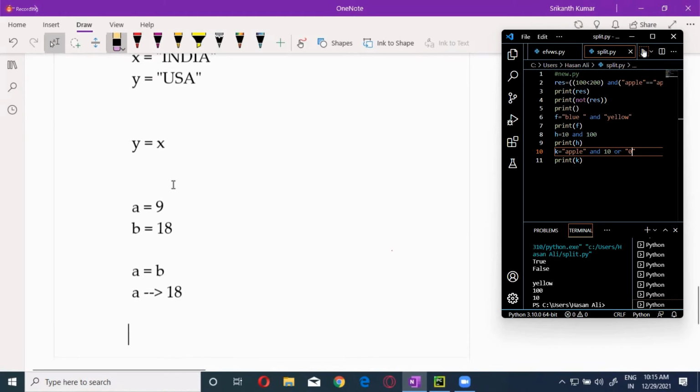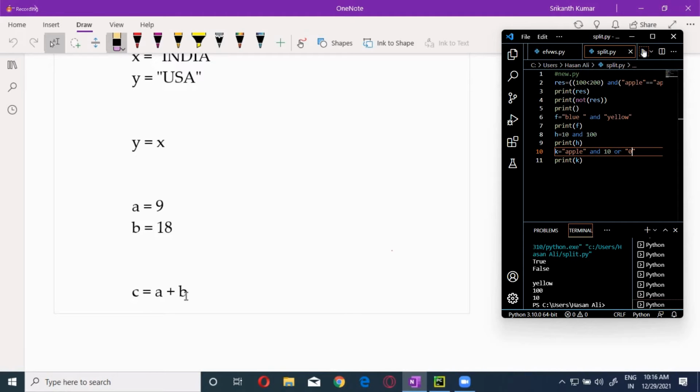Now if I say C is equals to A, with A's value being 9, what is the value of C?